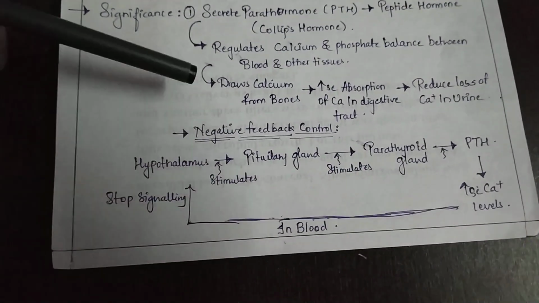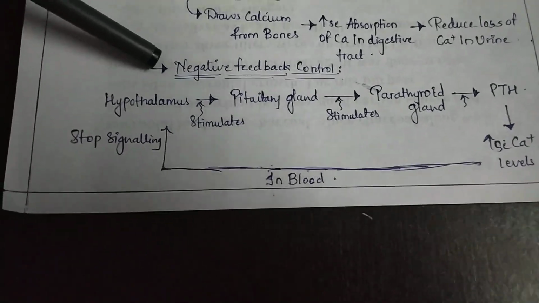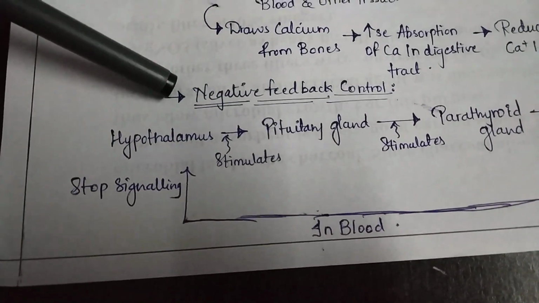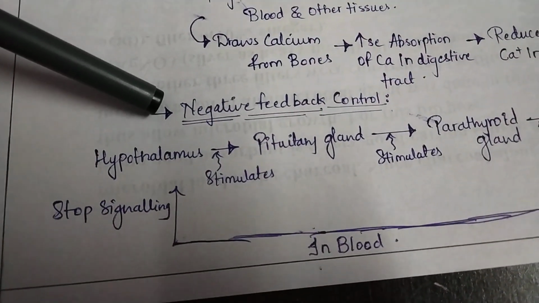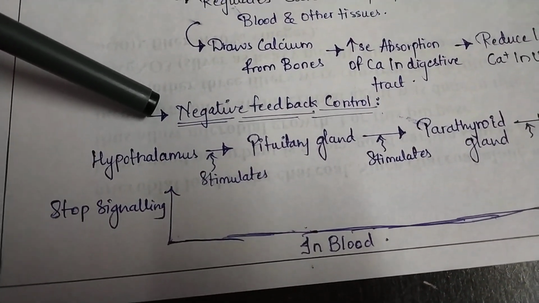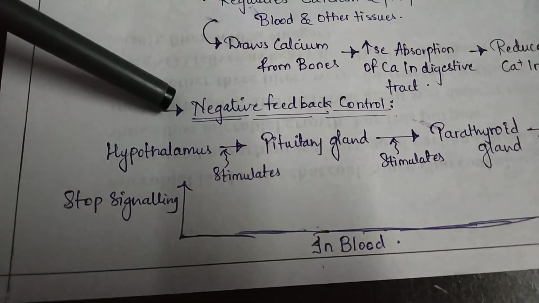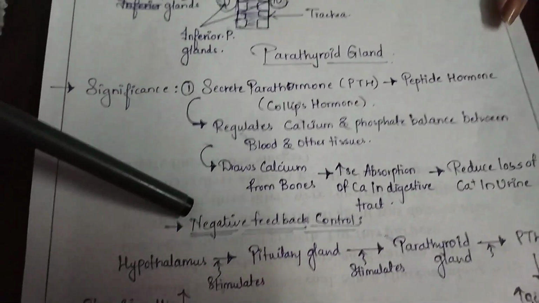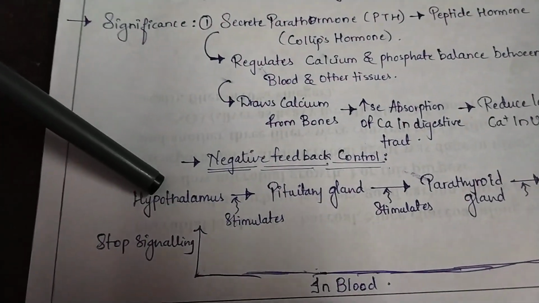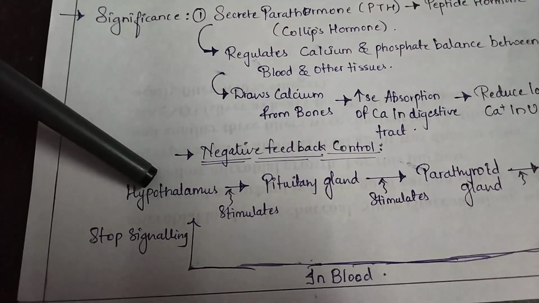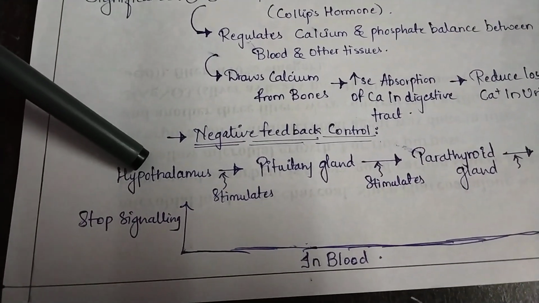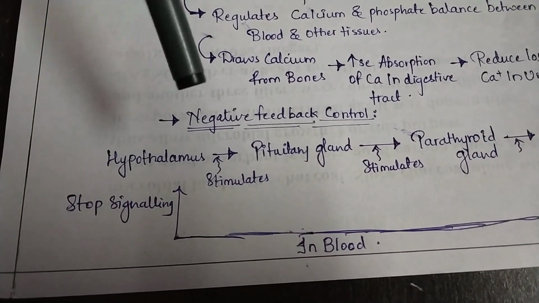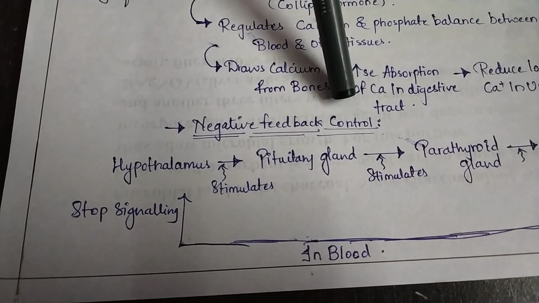Now basically how is it regulated? What is the meaning of regulated? Basically in the hormone part, we have done that there is a certain releasing factor and a certain inhibiting factor for the release of a particular hormone. Now in case of PTH, there are signals which will eventually lead to the release of the hormone, but at the point when the body has to stop secreting PTH, a negative feedback control is used.